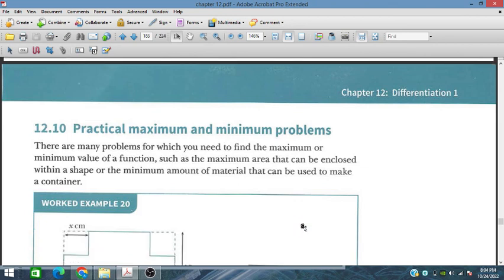So let's move to the next session. We can draw the figures in part D to describe all these things. So in the next session we will discuss 12.10, some practical maximum and minimum problems, very important. And till then,